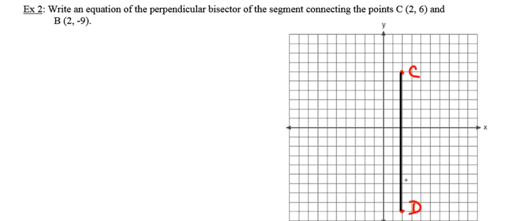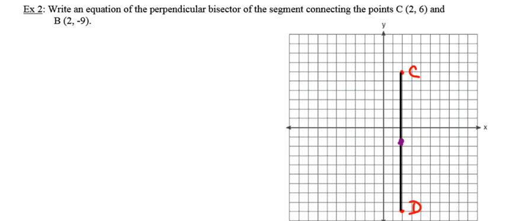That line segment is 15 units long. So I know that each half of it is going to have to be 7.5 units long if I were to bisect it. So my midpoint is going to be right there. It's going to have coordinates 2,